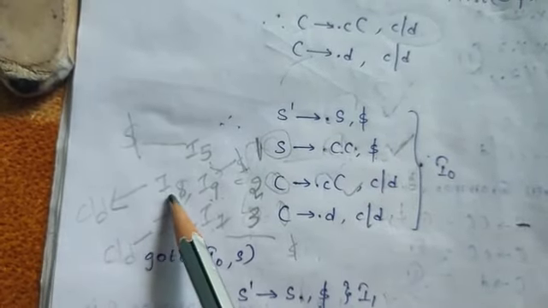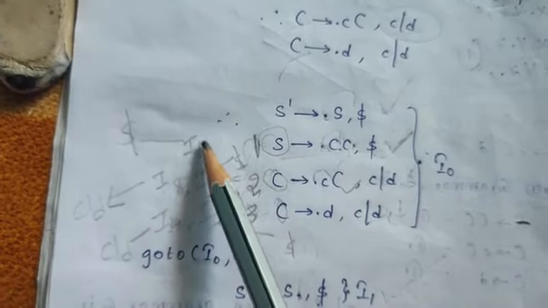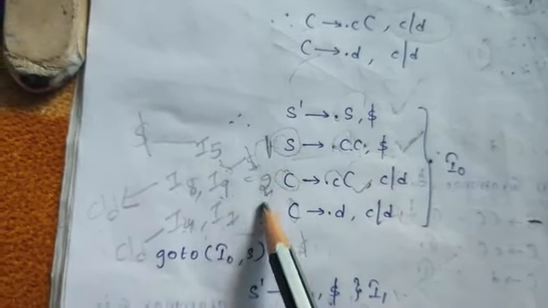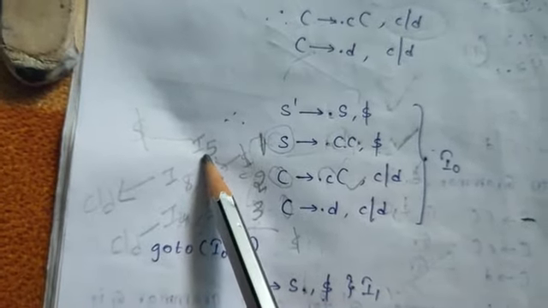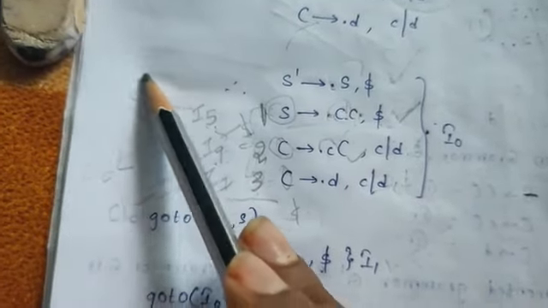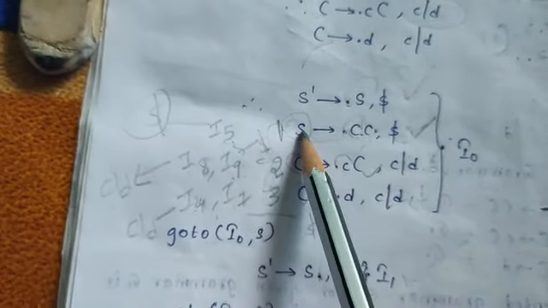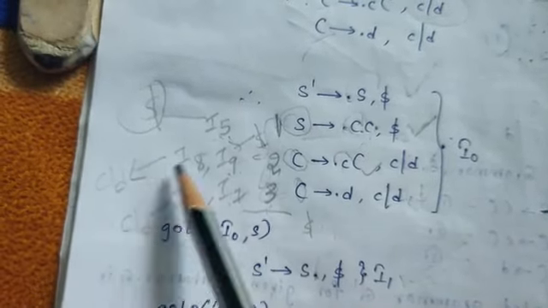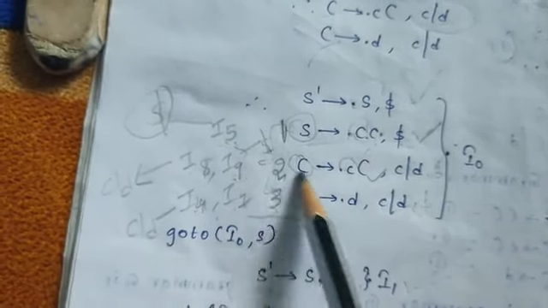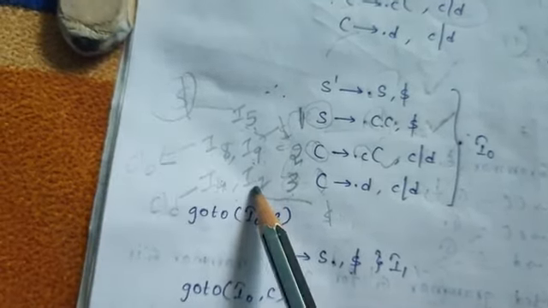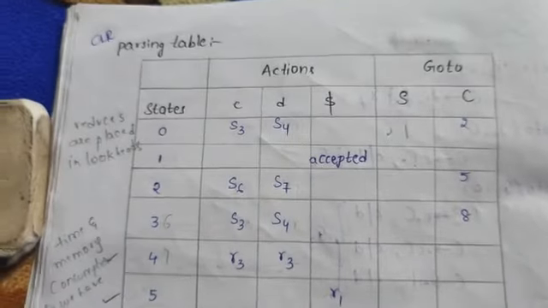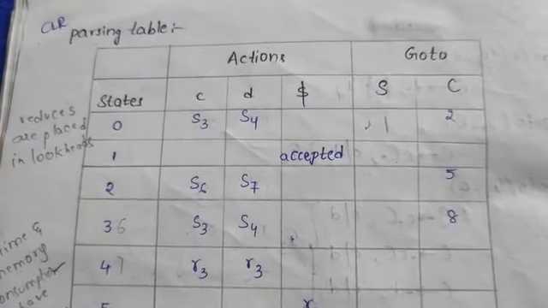So in CLR, first place the numbers for the productions, and where it will be closing, the state number will be noted down. In that state, the lookahead of that one is nothing but the follow of this non-terminal. Like that, here C/D in the I8 state, dollar in the I9 state. For the third production, I4 state C/D, I7 state dollar. Like that, replacing that in this parsing table. This is nothing but the CLR parsing table construction.